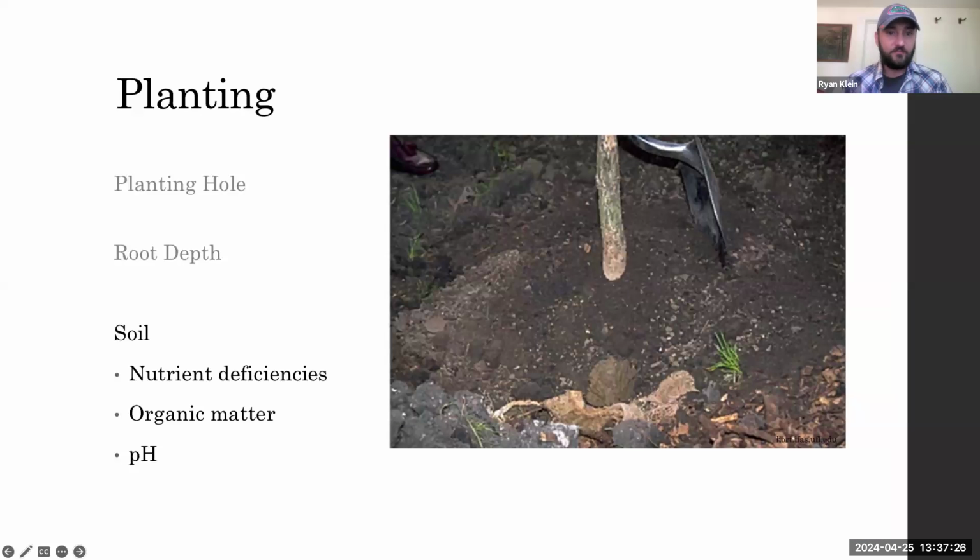As far as the soil, again, right tree right place. You want to make sure you're planting something that's adapted to that type of soil. You might need to get some sort of soil analysis to see if there's any nutrient deficiencies, stuff like that. But some people will amend soils either with organic matter for water holding capacity. Biochar is kind of a new hot topic right now. We still don't know exactly what it does. There's been a lot of kind of one-off studies, not a lot you can compare to one another. We're working on that right now at my lab.